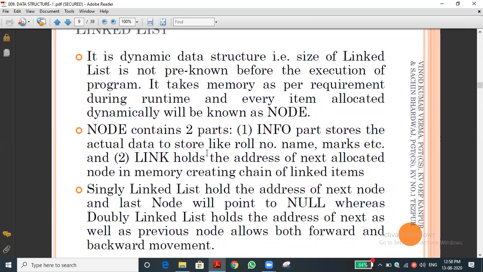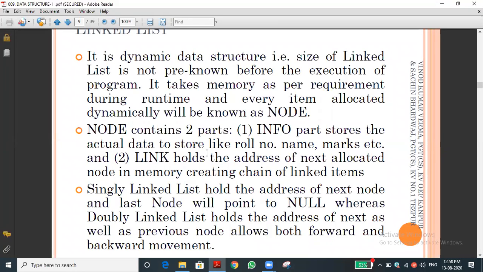What is the next element for A of 0? A of 1. So it will store the memory address of A of 1. So the link part holds two memory addresses. For example, for A of 1, the link part may hold the A of 0 memory address as well as the A of 2 memory address.